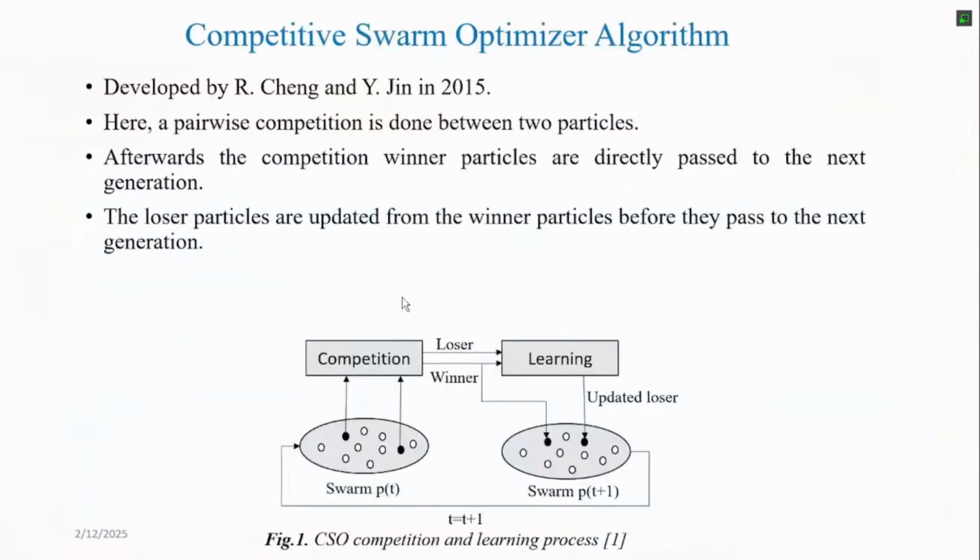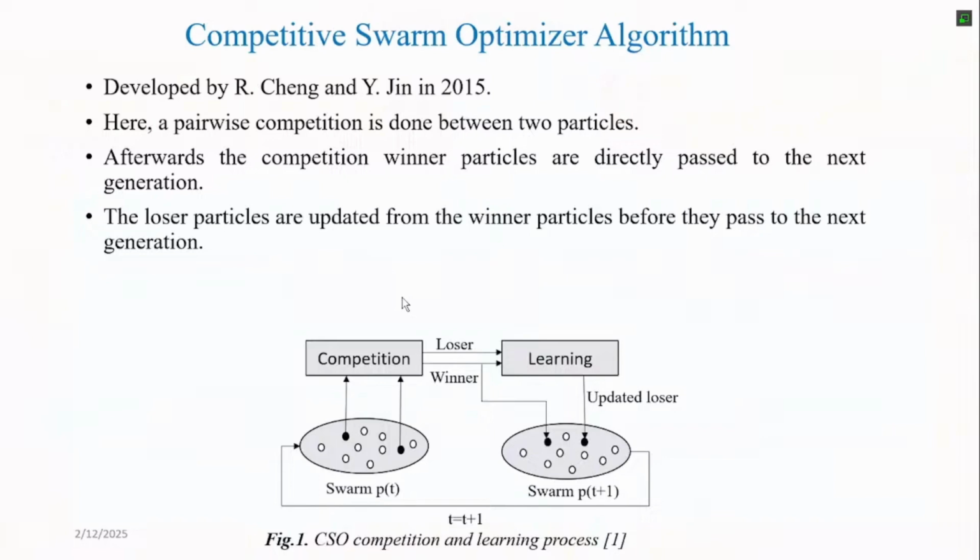Okay, this is basically for solving the problem. I have taken a random optimizer algorithm from the swarm based family, and a little about the story of this algorithm: it was developed by Deng Cheng in 2015. It's a kind of pairwise competition. I will relate this one to that problem.